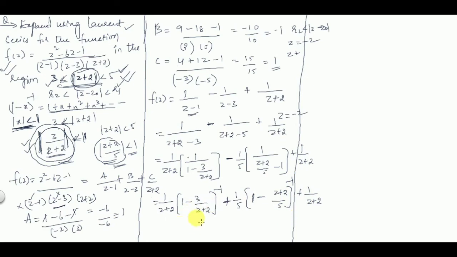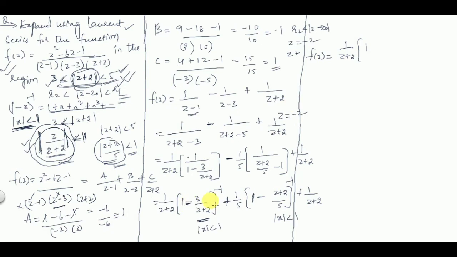Right, so now we can expand, because this value is less than 1, mod x less than 1, and this value is also less than 1 from the given ROC. We have taken these considerations because ROC is given for you. So this value is less than 1 and this value is also less than 1. Now we can apply the binomial series expansion. So f of z is given by, now tell me, 1 by z plus 2 into,